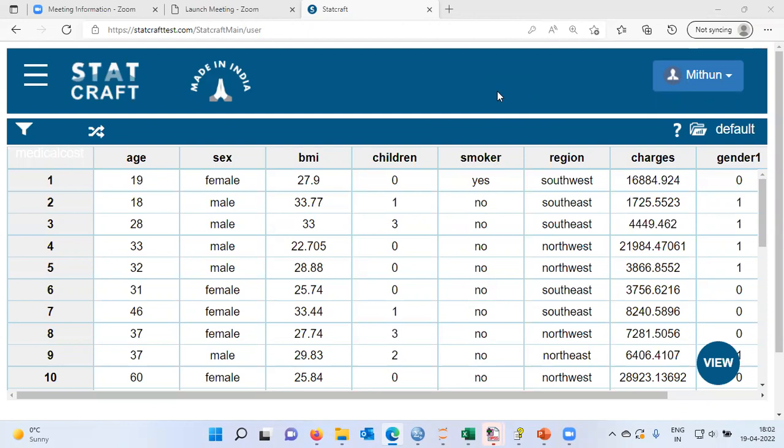My name is Mithun. In today's discussion, we'll be talking about how do we predict insurance cost given a set of demographic details. Even before I proceed to build a linear regression model for this particular data set,